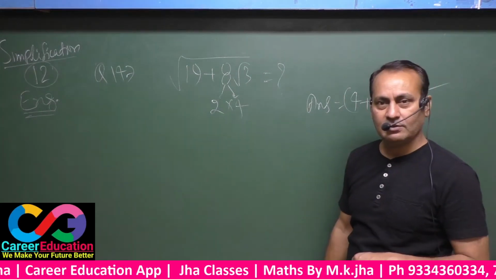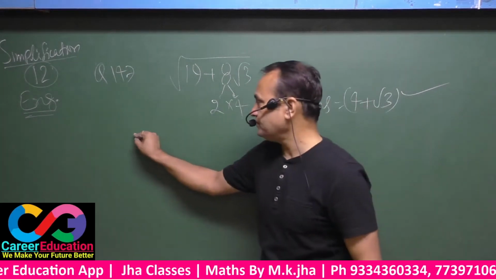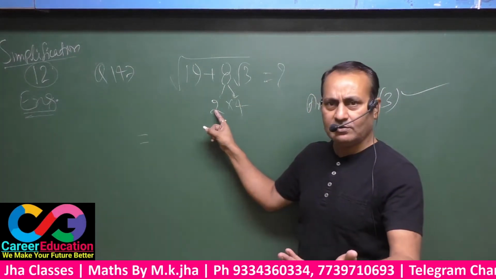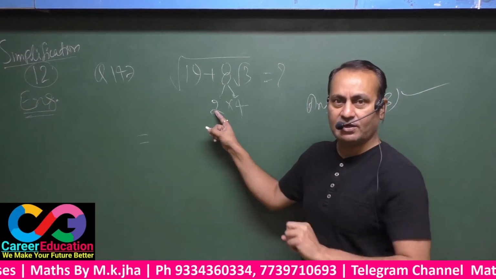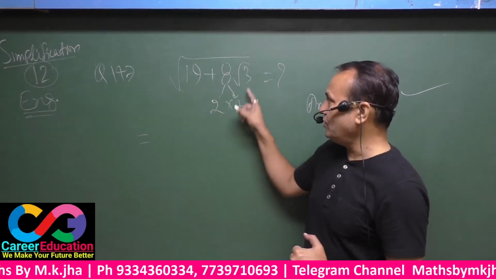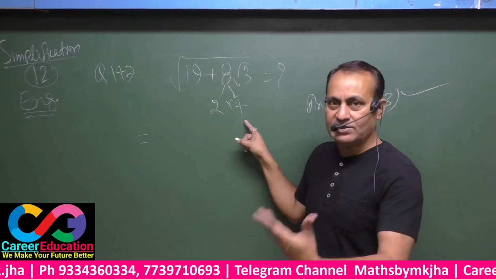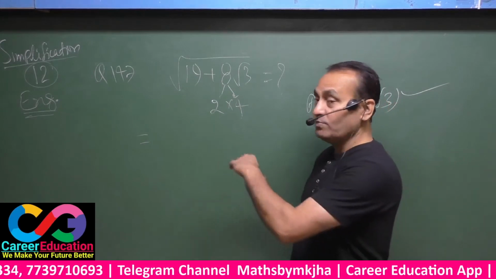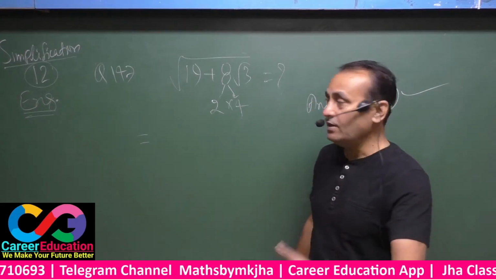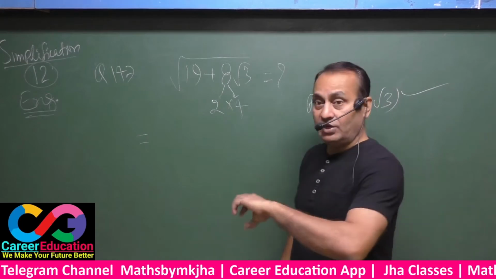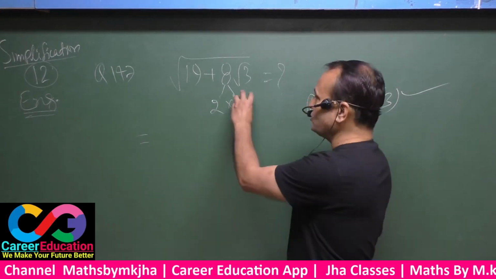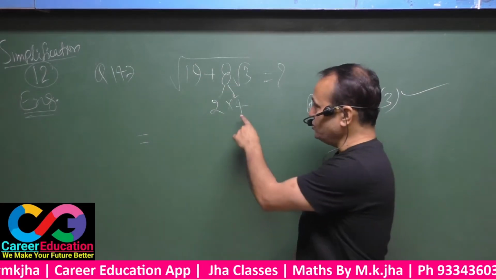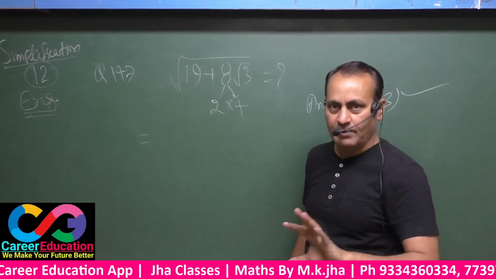You got the answer? But see here in detail. Since 2 is pointed out as 2ab, this must be a section there. This is 4, this is root 3. This may be A, this may be B. In the next question, this may not be so. How to recognize whether it is so or not? 4 square 16, root 3 square 3, after addition that is 19. Of course, this is A, this is B. That may be reversed. I have already told you.